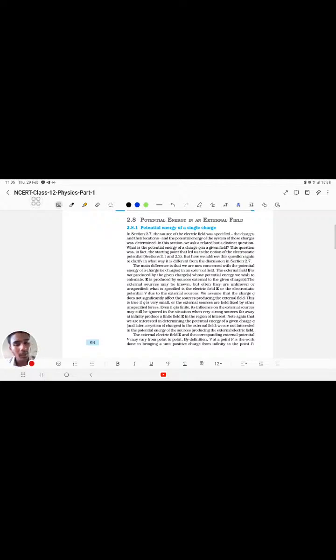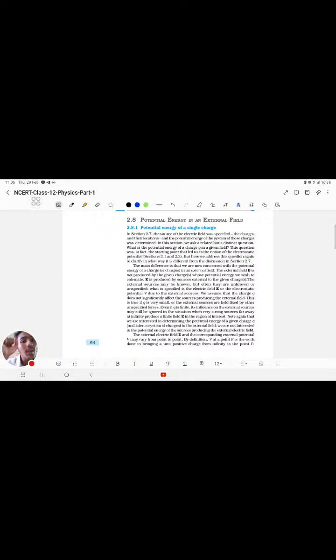So basically, as far as this particular configuration is concerned, earlier in 2.7, we had a charge and the potential of that charge at a particular position, and we specified all of these. But in this particular case, we cannot do that. We are having only the fields. The field or a source can be known, but in most cases unknown. We are considering the charge whose potential energy we are going to calculate to not affect that source. Yes, that is the first assumption that we are going to make.